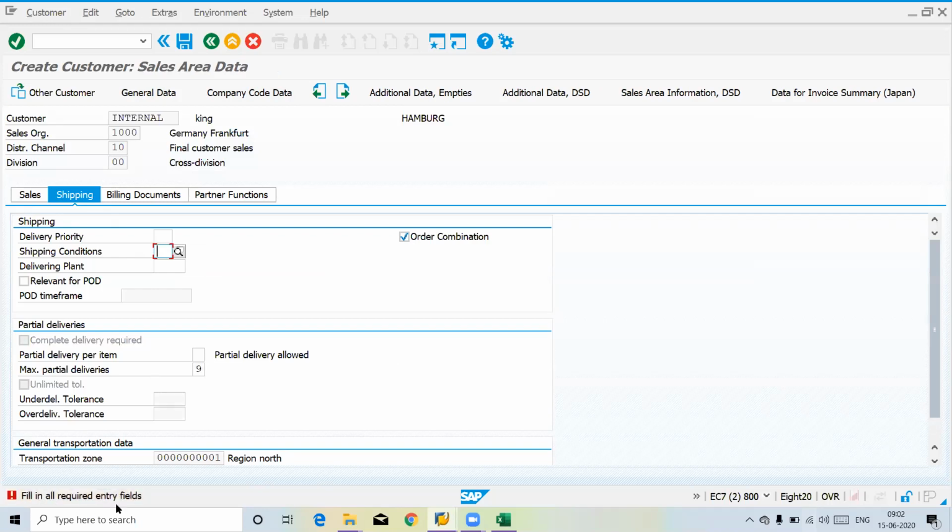Fill in all the required fields, right? Which field is mandatory, which field is optional, which field is displayed but not editable, all those things will be controlled in your configuration section.